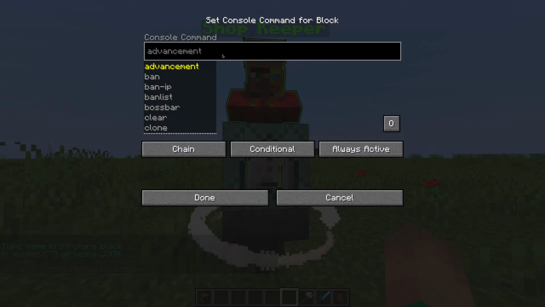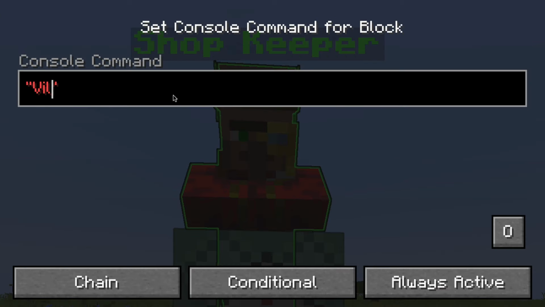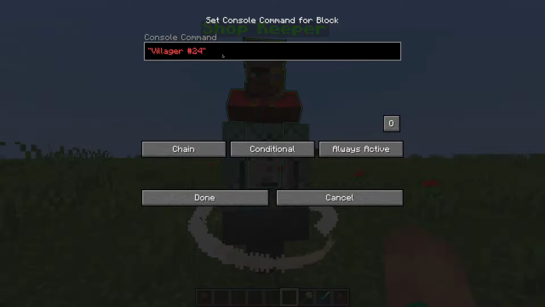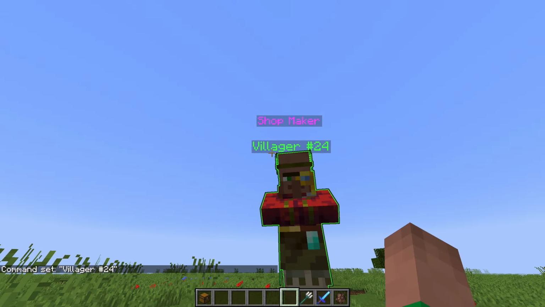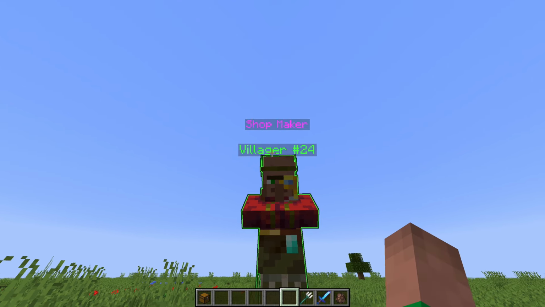In here, within quotes, it has to be within quotes, you can write whatever you want. I'm going to write villager number 24. And you'll notice that the name has changed to villager number 24. But what if I want to change the color? Now for all of you who would like to customize what color this is, whether it's bold, whether it's italic, all of that stuff,